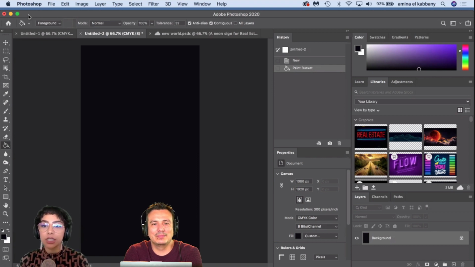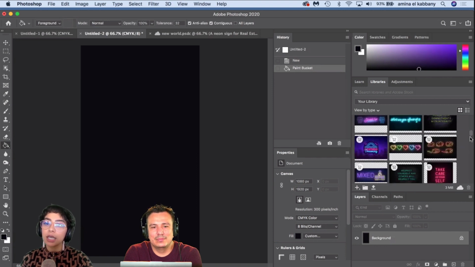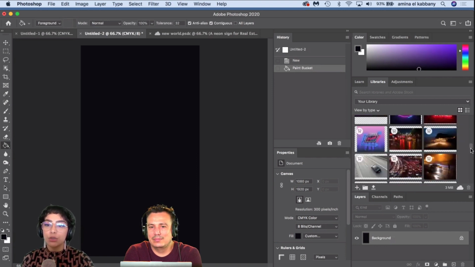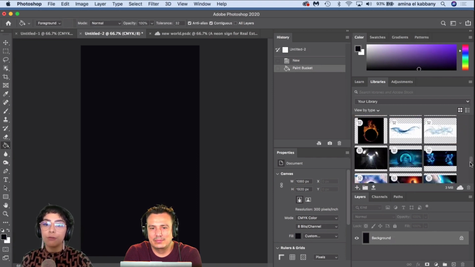For me personally, I've seen a lot of Photoshop videos where people work on a white canvas, which is fine. But I think for me, because I work with, specifically when I'm looking for photos to use in these composites, I'm really looking for visual elements and not necessarily the full photo itself.